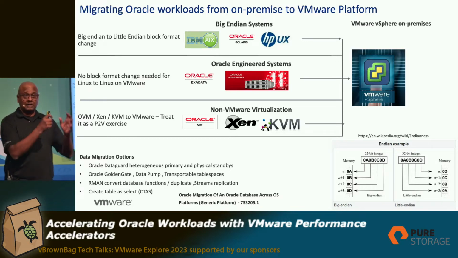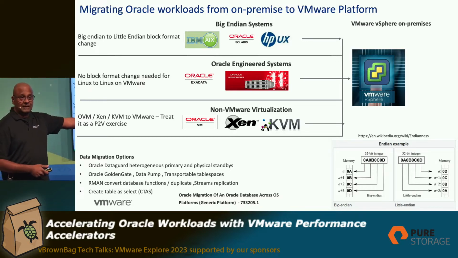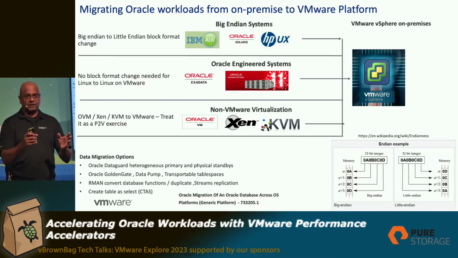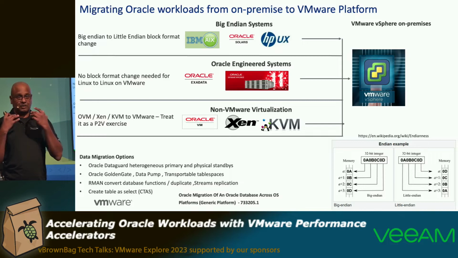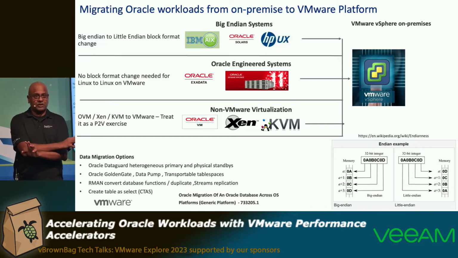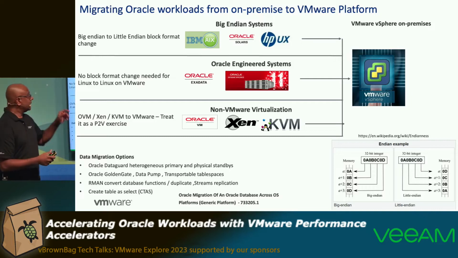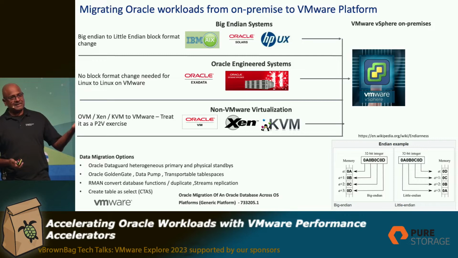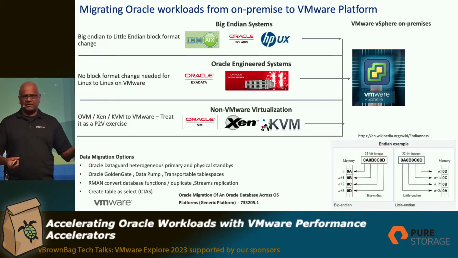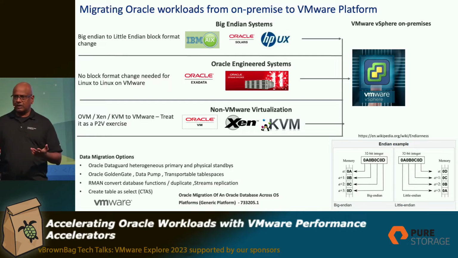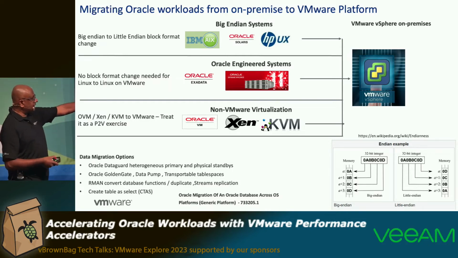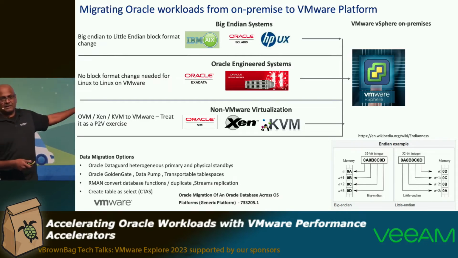He or she is absolutely correct, because look at the bottom of the slide here. The block format is different on big endian and little endian, which means you just can't suck the data in and throw the data out. You have to transpose it, you have to transform it, and you have to use the Oracle tools to do it. So whether you're coming off a big endian system, from Exadata on x86, or from another virtualization platform, your KVMs, the LVMs, the OVMs of the world, when you land onto VMware, these are considerations you have to keep in mind.